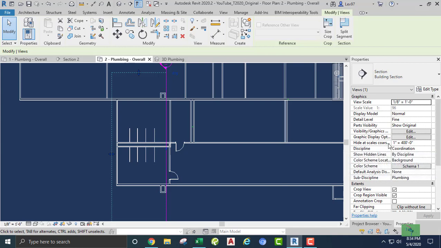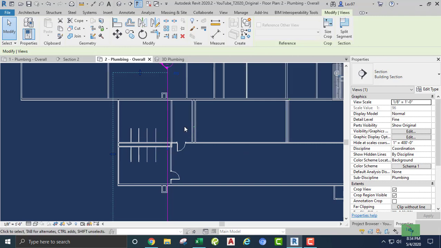Hide at scales coarser than, whatever that means. If 1 inch is equal to 400 feet does not work for you, or you know how to decode it, by all means. But with the scale being set at 1 inch is equal to 400 feet, I seem to